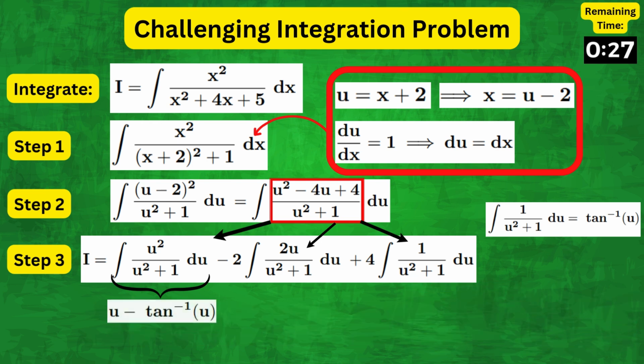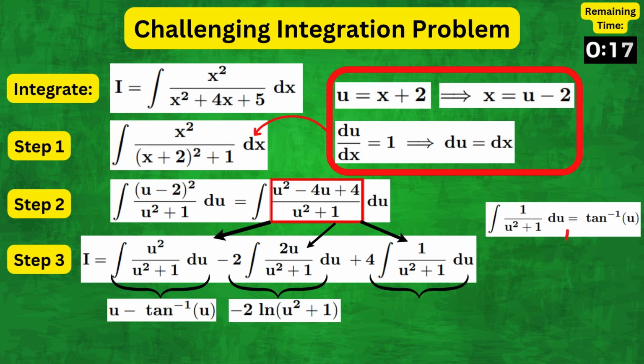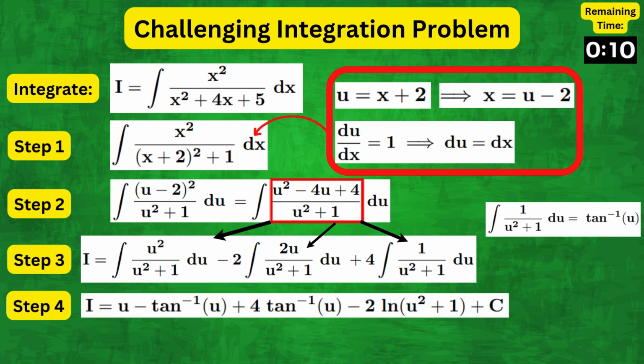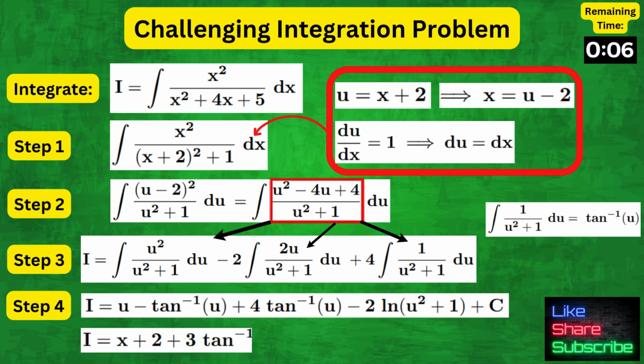inverse of u. For the second term, the numerator is simply the derivative of the denominator, so it integrates out to minus 2 natural log of u squared plus 1, and the third term is simply 4 tan inverse of u. Now, combining everything and replacing u with x plus 2, we get the answer x plus 2 plus 3